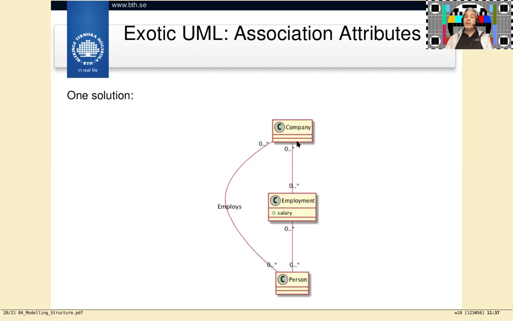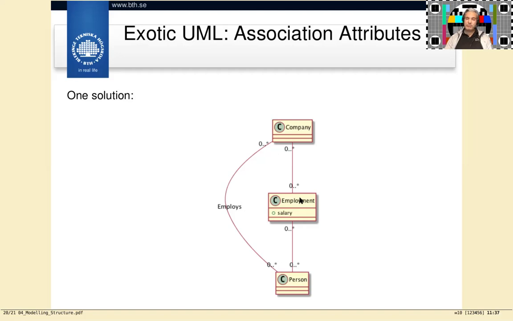Now, if I, as a company, want to do other things with my employees, I can copy, of course, everything that's in person. I can copy that into the employment class. And same thing if I want to, as a person, do different things to the company, I would have to copy that interface as well into the employment class, and they would just have a lot of methods that do nothing but pass the method on to either the company or the person. Or I can put a relationship on the side like this. So every meaningful interaction except for the salary goes via this employees relationship instead of through the employment,